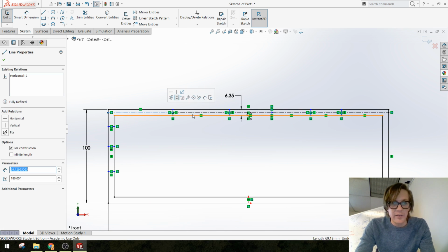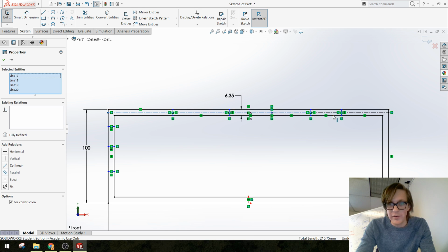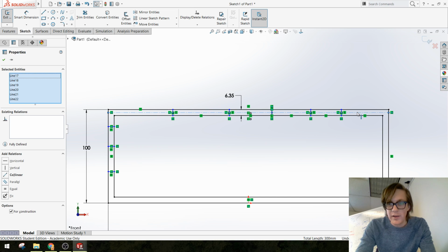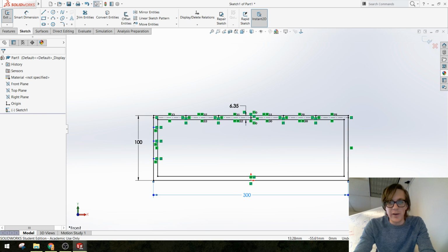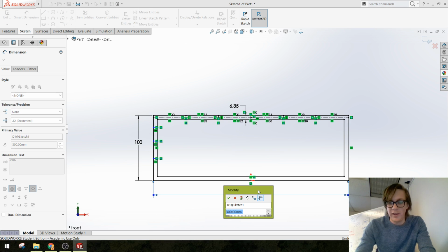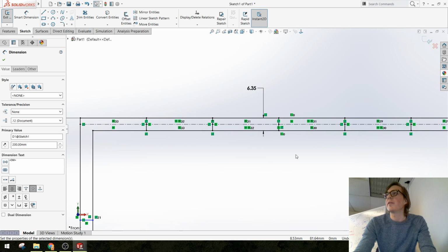Then I can select all of these. I'm holding shift so that I can select all of these little construction lines. And I'm going to add a make equal relation. And boom, it automatically snaps all of these lines so that they're always equidistant. And even if I update this dimension and make it something else, it keeps all of those parts evenly spaced,